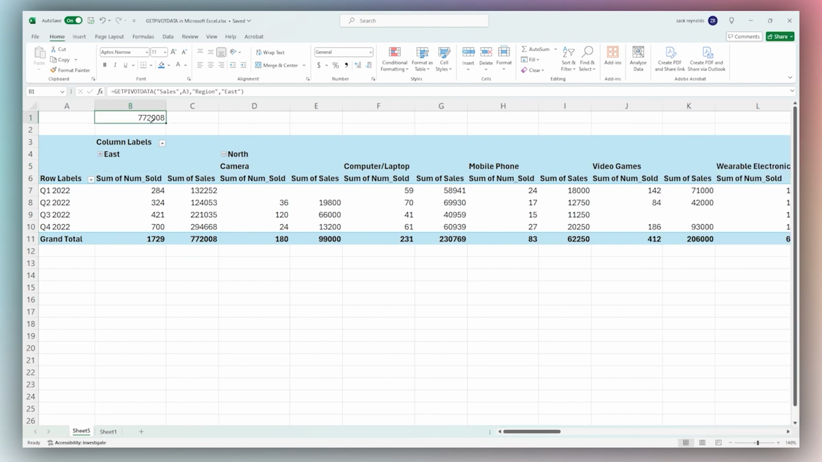All right, so that's it for today's video on GetPivotData function in Microsoft Excel. I hope that helps you to begin to see how you can use this to access data from your pivot